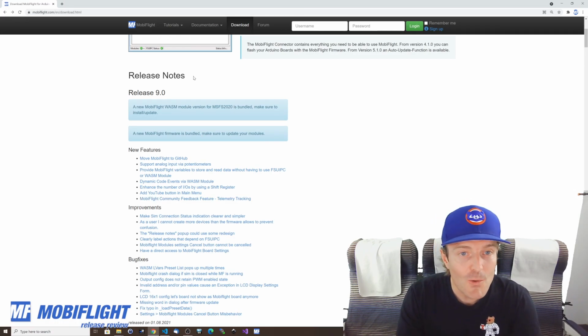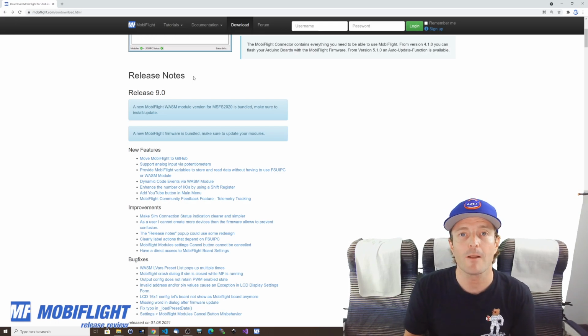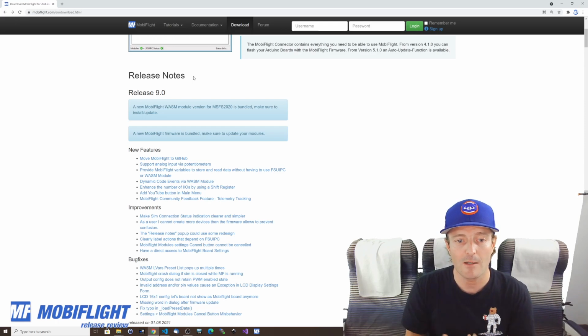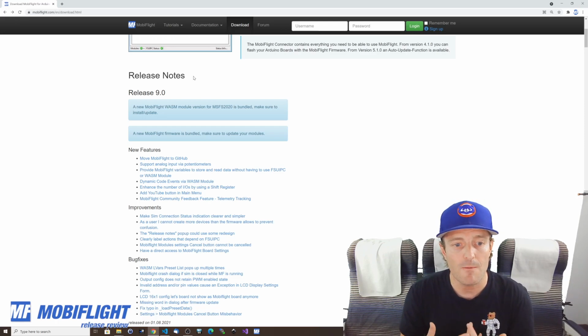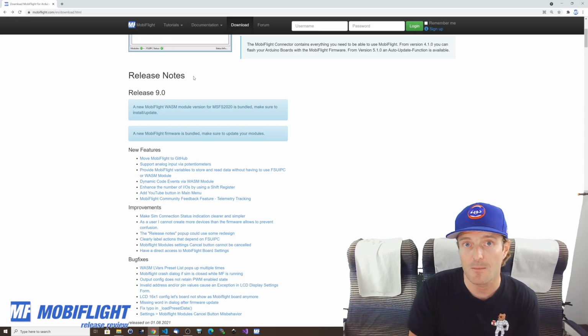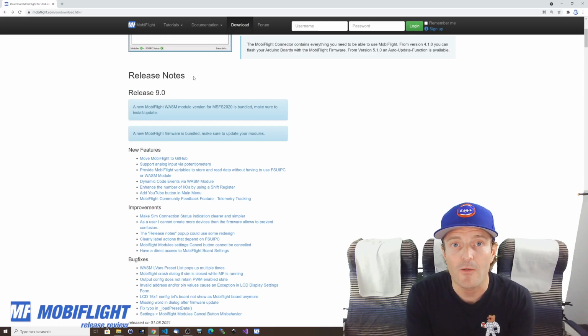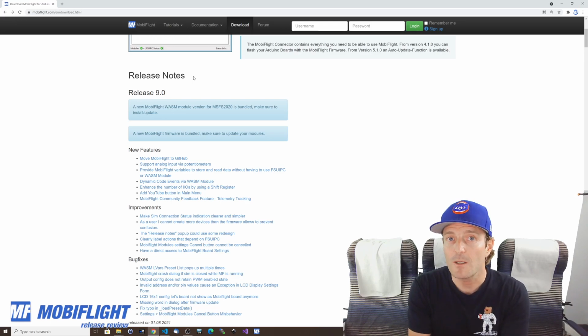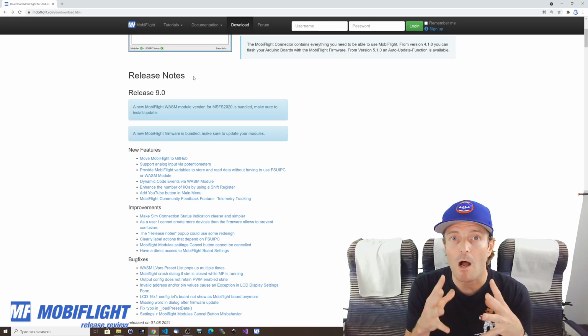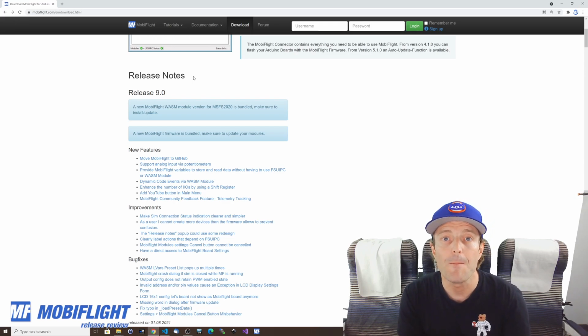All right, and then we are heading to the last new feature. The last one, but not the least one. It's very important actually for me. It's the MobiFlight community feedback program that I started with 9.0. It says telemetry tracking, and that is what it actually is. What does that mean? You as the MobiFlight community, you as a user, if you participate in this community feedback, you will automatically provide me some cool information about how you are actually using MobiFlight,